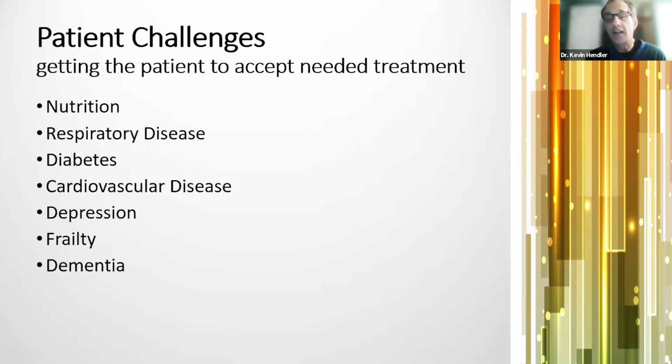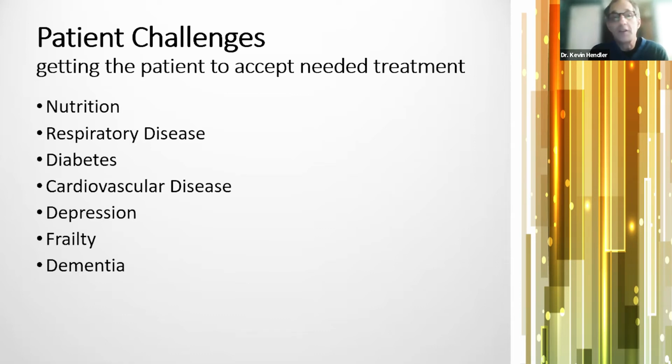Respiratory disease is another thing. We know that poor oral health can lead to pneumonia, and pneumonia in older adults is a significant issue. Older adults die from pneumonia. Kids tend to get better, but there could be long-term implications. They could spend a lot of time in the hospital, ICU, rehab, so there could be problems after. So they understand if they had pneumonia, and you can explain, hey, you've got all this infection in your mouth and I don't want you getting sicker, so it's important that we treat this.